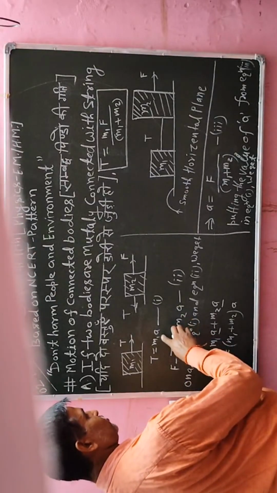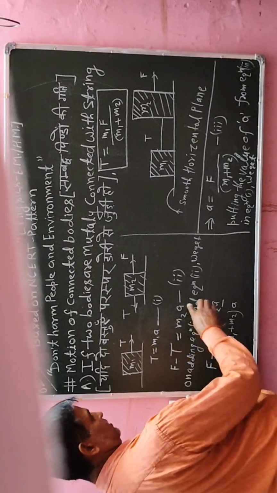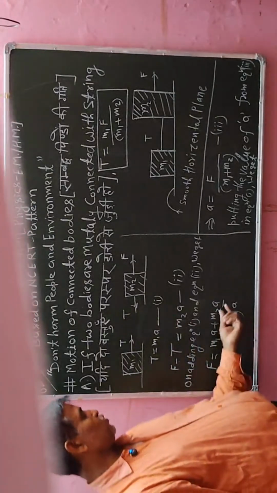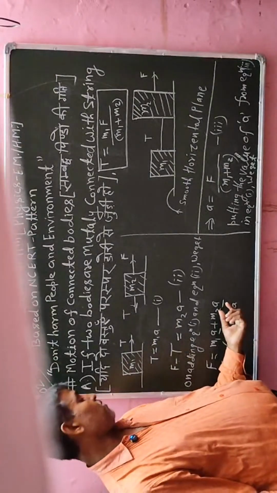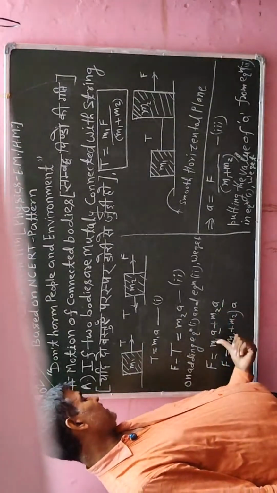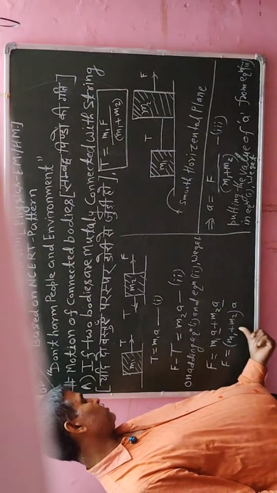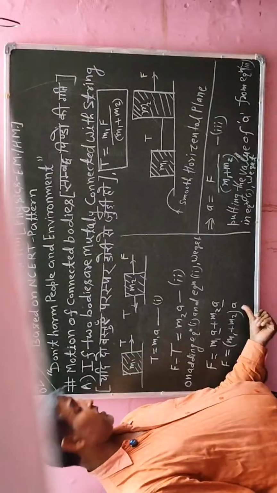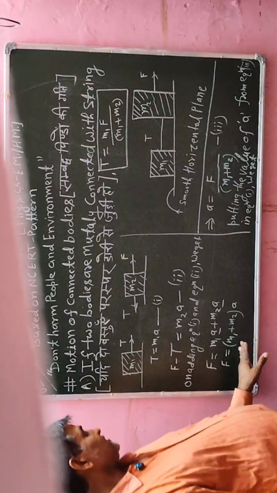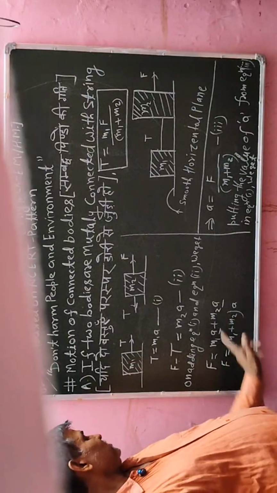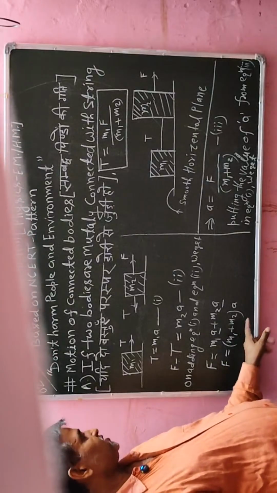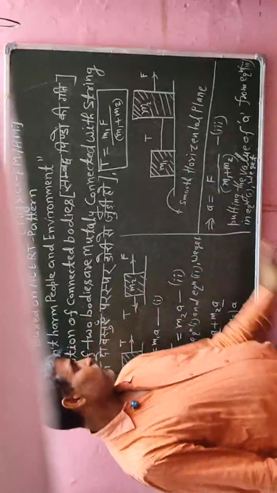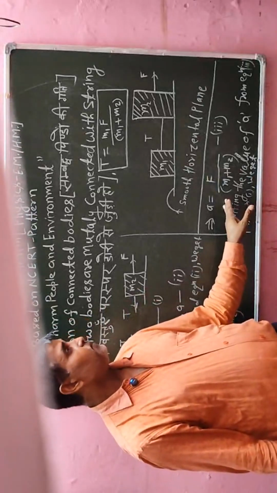राइट हैंड साइड में m1 a प्लस m2 a मिलेगा। उसके बाद हम ऑब्जर्व कर रहे हैं कि दोनों टर्म में a कॉमन है, तो उसको कॉमन लिया और ब्रैकेट में m1 प्लस m2 लिखा, इसलिए F इज इक्वल टू ब्रैकेट में m1 प्लस m2 इंटू a हो गया। अब हम इसको सिंप्लीफाई करेंगे, तो लिख सकते हैं a इज इक्वल टू F डिवाइडेड बाई m1 प्लस m2। ऑलरेडी हमने सिंप्लीफाई करके यहाँ पर नोट किया है।